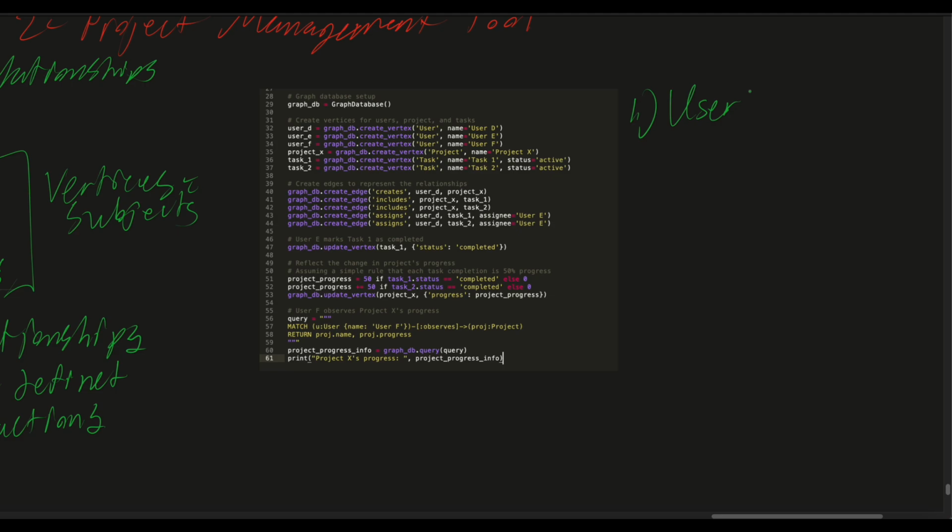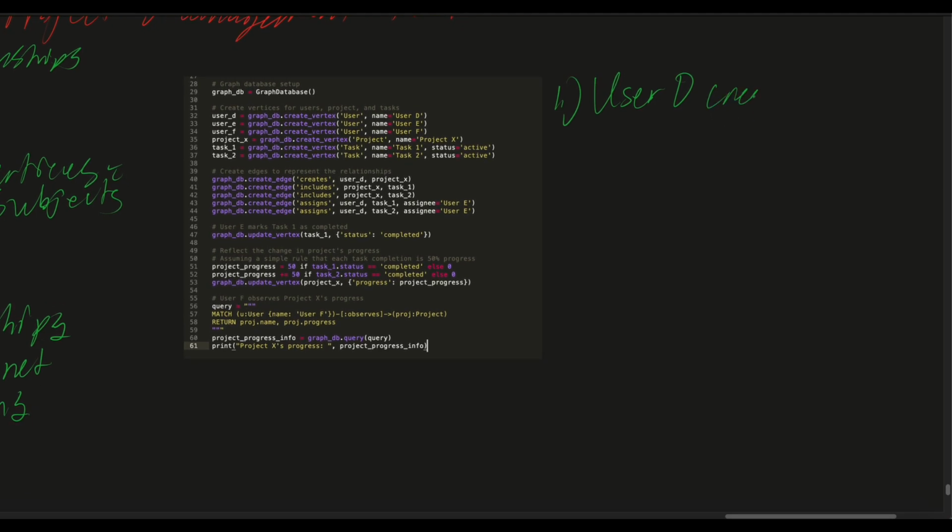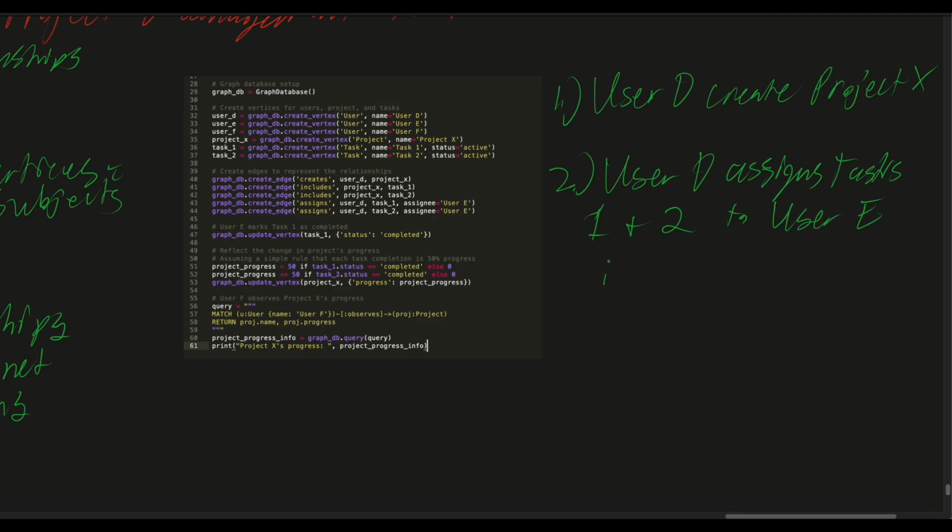In this case, we are going to have user D create project X. The next one being that user D assigns tasks 1 and 2 to user E for project X. And number 3, we would have user E mark task 1 as completed,